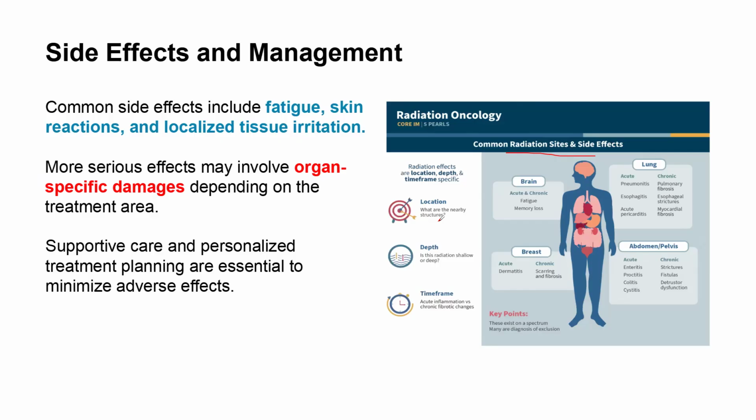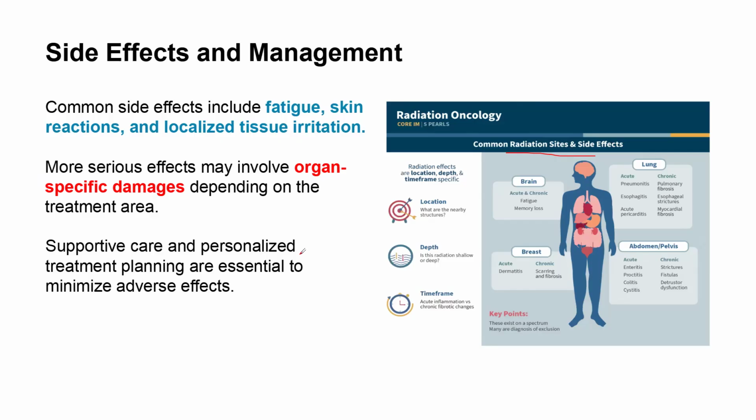This is the organ that you are trying to target, so where are the nearby organs? Depth: is the radiation therapy shallow or deep? You need to understand that, because there are some shallow treatments and some deep treatments. So understand the precise location, especially in the case of